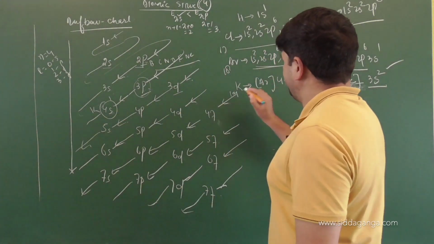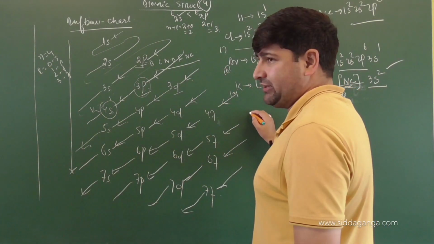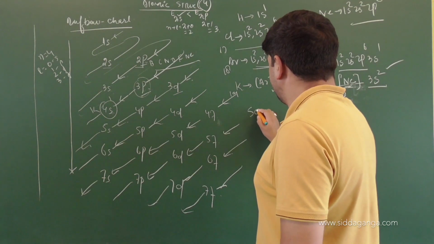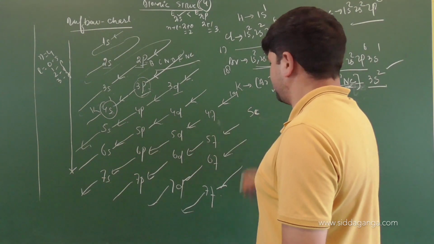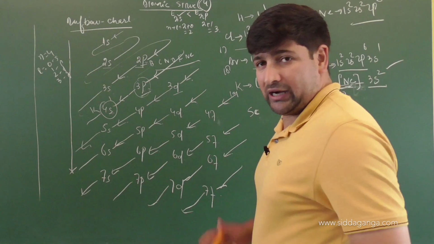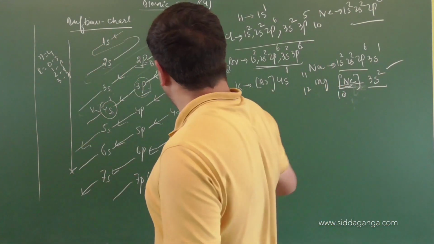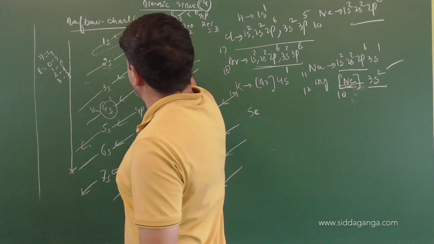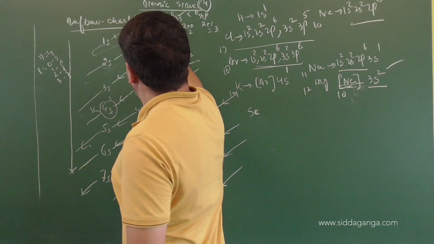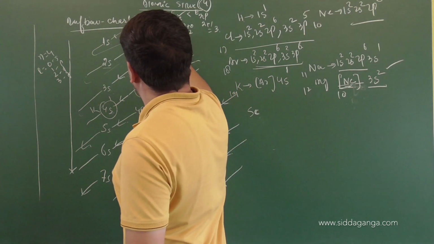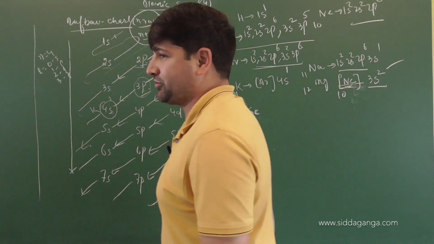Atomic number 21, which element? It is scandium. You can try in your books, children, to write the electronic configuration of various elements. I am using the n rule and the n plus l rule, because the above chart will give you the sum of both rules. Both things will be coming into play in the above chart.